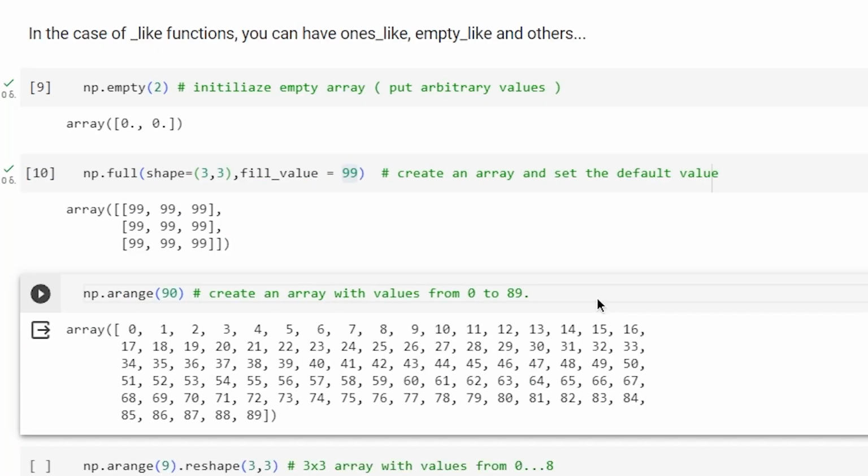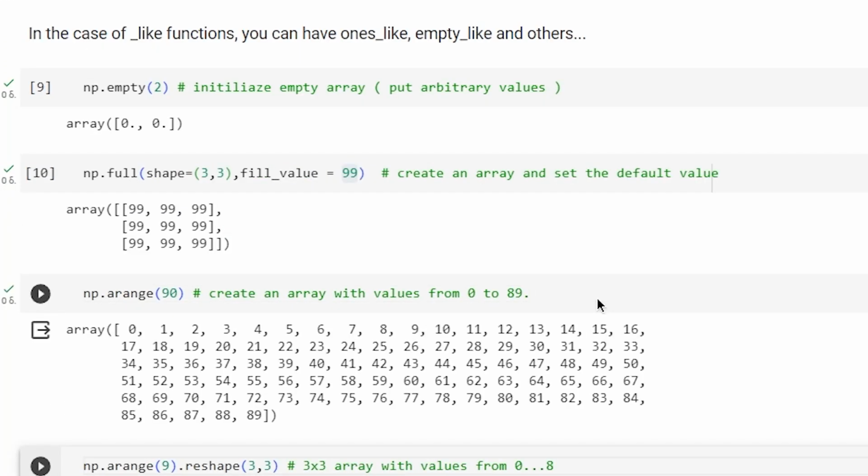And you can also use numpy.arange, which will create an array with values from 0 to 8. And you can also use an operation called reshape, which we will see in a future video in more detail, to reshape this array into the dimensions you want. So essentially, this array here is a one-dimensional array with 9 elements. You can call the .reshape function to turn it into a different shape. This is a case where an array with 9 values will be turned into